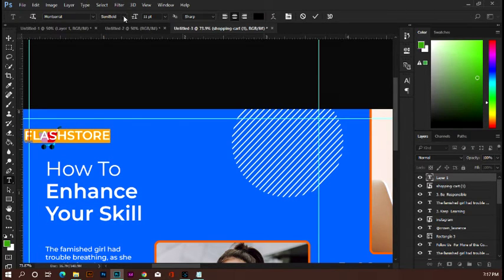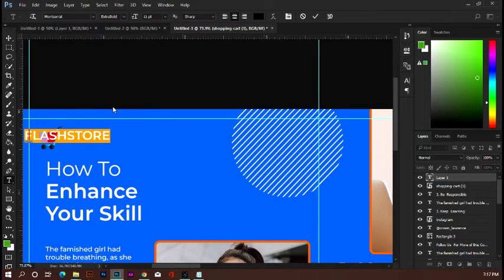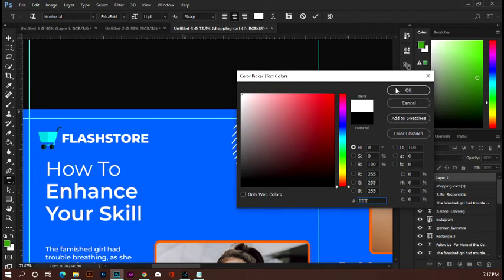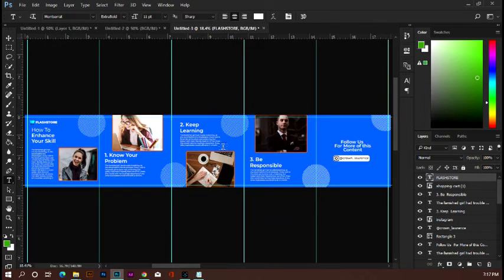That's okay. So we'll make it Montserrat extra bold and position it just here and change the color to a white color. Click on OK. So click on our tick mark and zoom out to 0. You can see this is just a typical simple